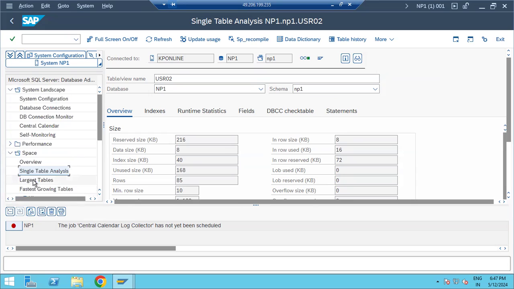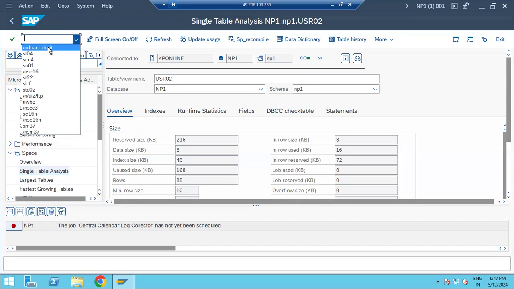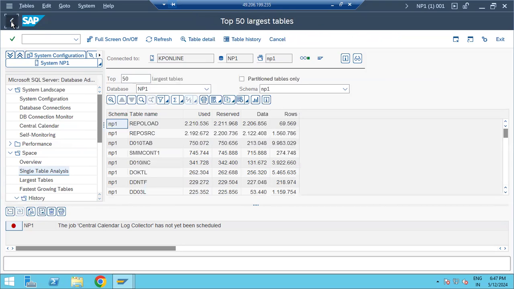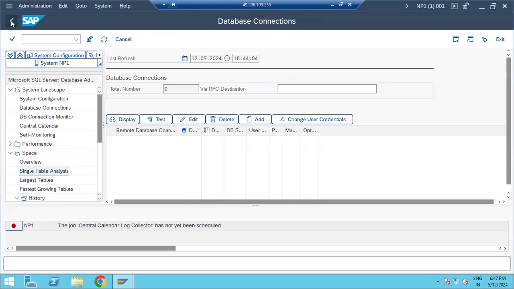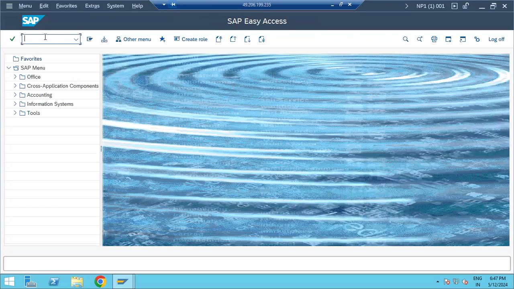So all the information database related, whatever we think, we can do it on the SAP side. One single transaction code, DBA Cockpit. Using this transaction code, we will see all those things here, right? All the information we can monitor from DBA Cockpit here. Otherwise, if you want to go single,